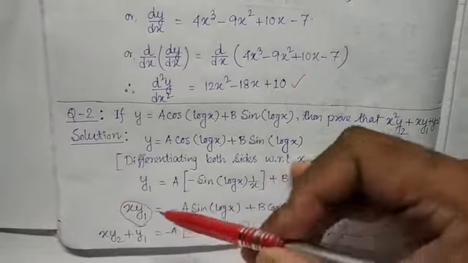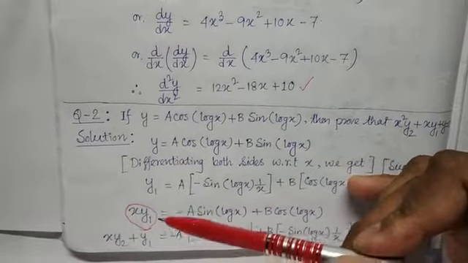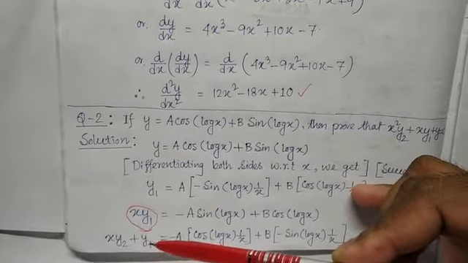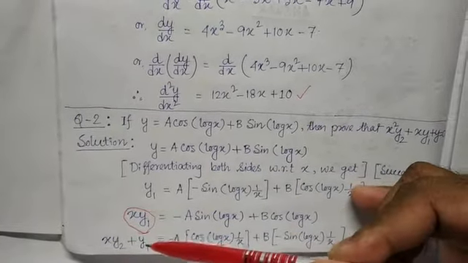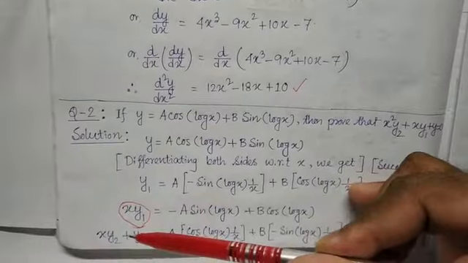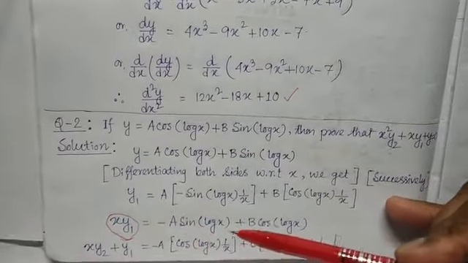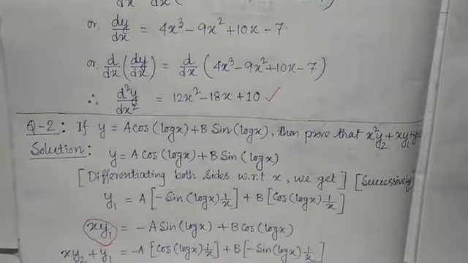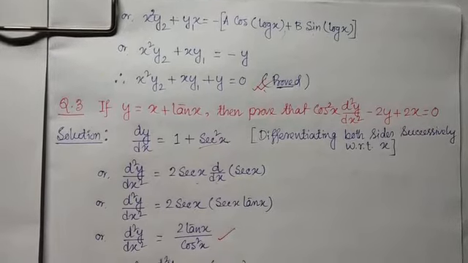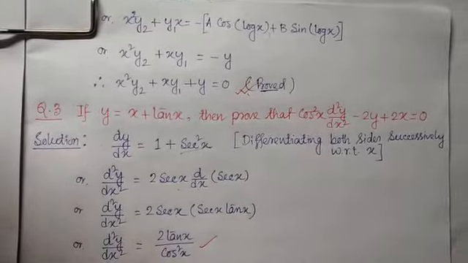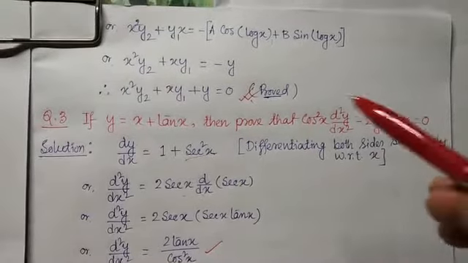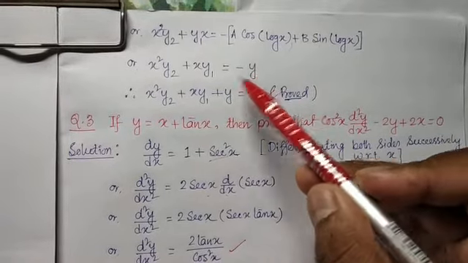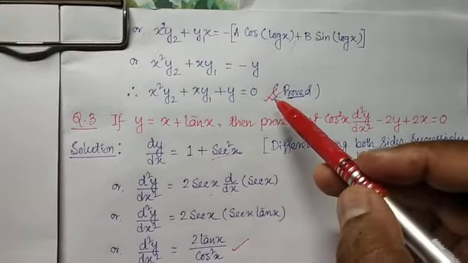So here you have to apply d/dx of uv. Okay, so u into differentiation of y1, that is y2, plus v into differentiation of x, that means 1. So that is why x y2 plus y1, and the right hand side similarly you have to differentiate. First differentiation of sine and then differentiation of log. Now see, after simplification this is coming. And this term is equal to y, so put the value of y as it was given. So after simplification this is the answer.